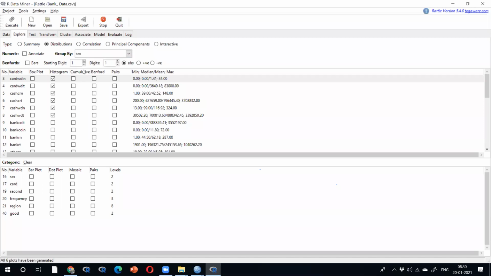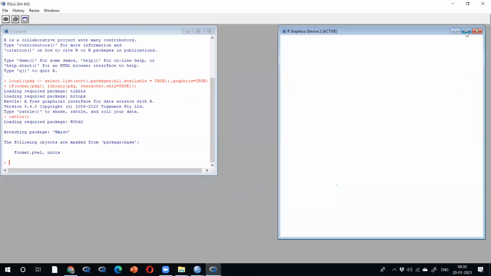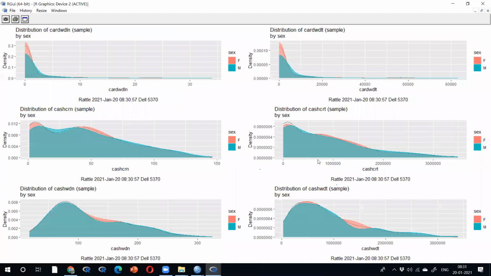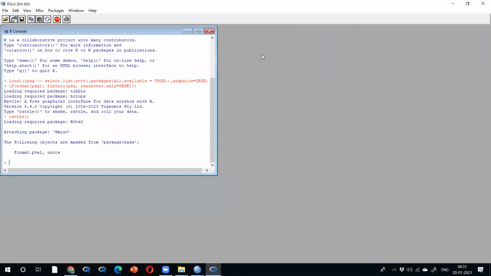I'm going to take the sex variable. Sex is male and female, which means for cash withdrawal, males can deposit, females can deposit. Cash credits, males can deposit, females also can deposit. Execute it. You see how it is displaying 2 colors. Here both are showing the same. Here also both are showing the same. Your data is behaving skewed. Okay.